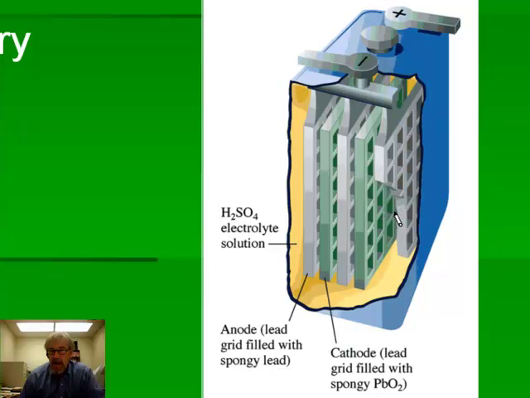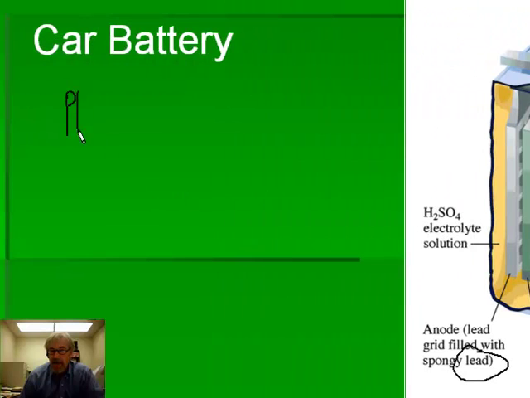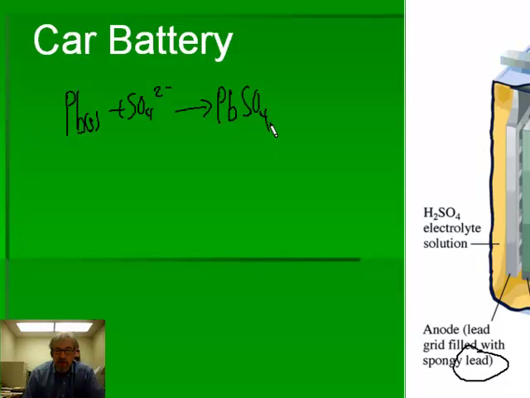The anode is filled with lead, and the anode reaction is that lead, that Pb, solid spongy lead that's in the grid, reacts with sulfate ions, SO4 2-, that's in the battery acid, which is H2SO4, and produces solid PbSO4, lead sulfate, and that's an oxidation, so 2 electrons are released. The other grids, the cathode grids, have PbO2 in them. And this PbO2 reacts also with sulfate ions, SO4 2-, and requires H plus from the H2SO4 to produce the same product, PbSO4,